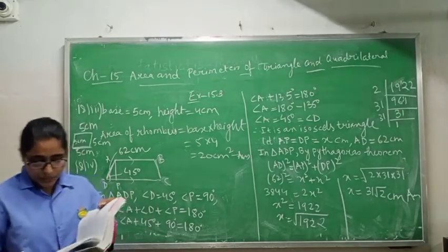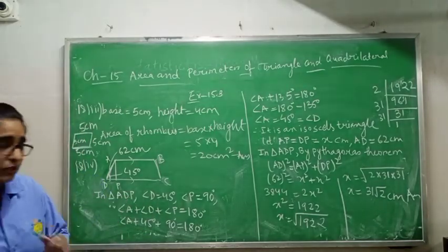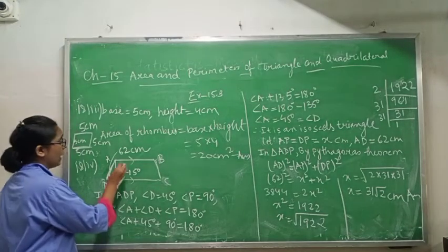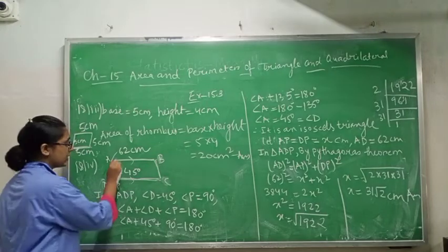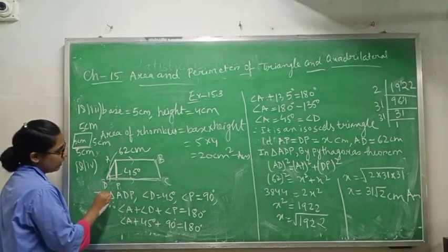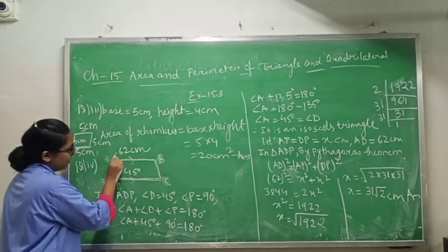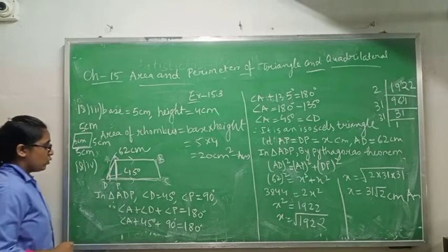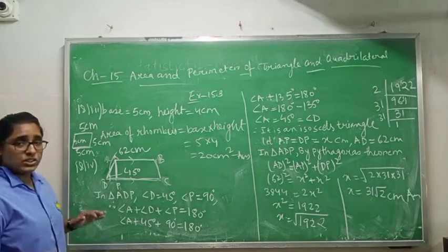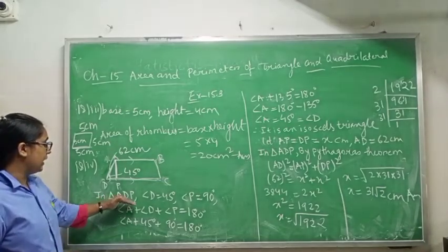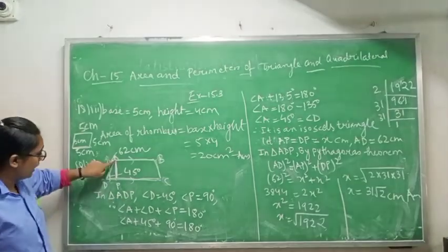What is the distance between two parallel sides? So what will be the distance between two parallel sides? This side and this side. Two parallel side distance means this one they are asking. Means they are asking AP they are asking. Okay. So please be careful when you are doing these sums. Okay. So please concentrate. In triangle ADP, which triangle will we take?